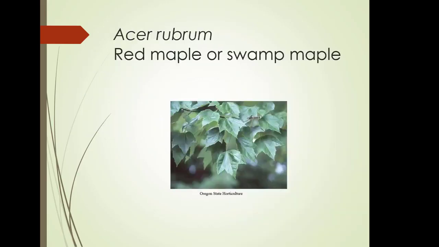Now, Acer rubrum is very tolerant of soils. It likes sun, it likes acid and moist conditions. It actually can occur in wet areas, hence the swamp maple name. But it's not necessarily very tolerant of urban conditions, and it develops surface roots, so that can be a problem. So depending on your situation, this could be the correct plant, or if you're in a street tree situation, you may want to try something else.